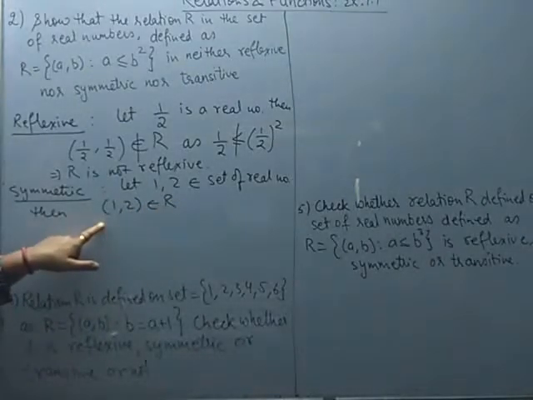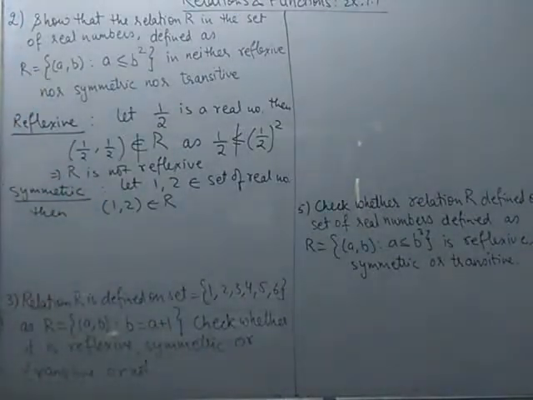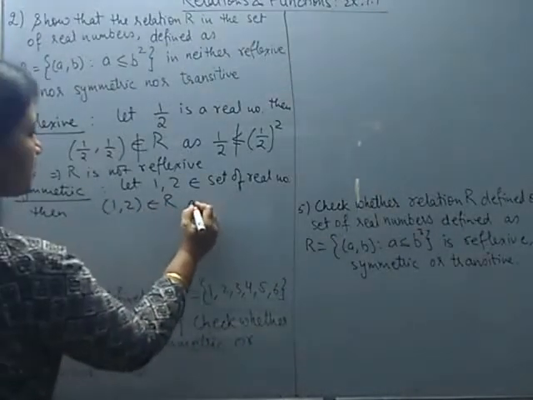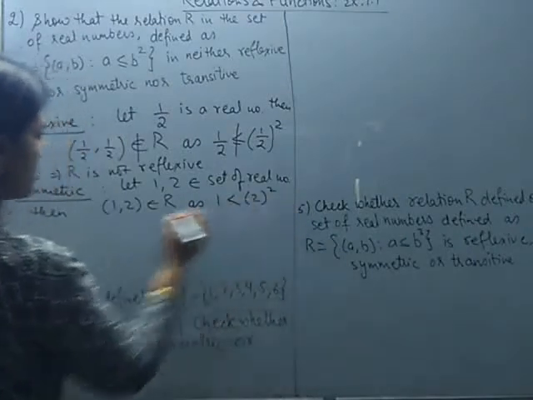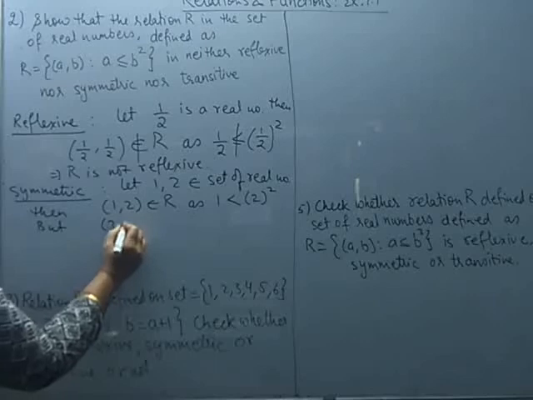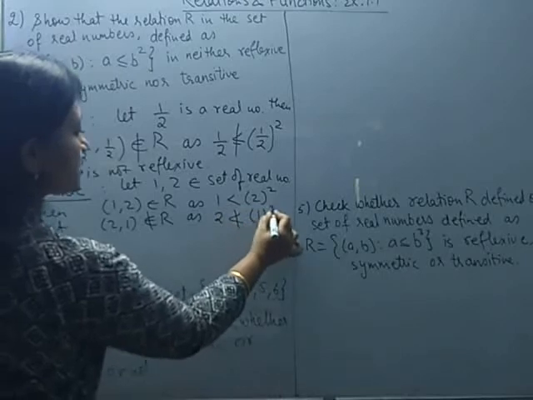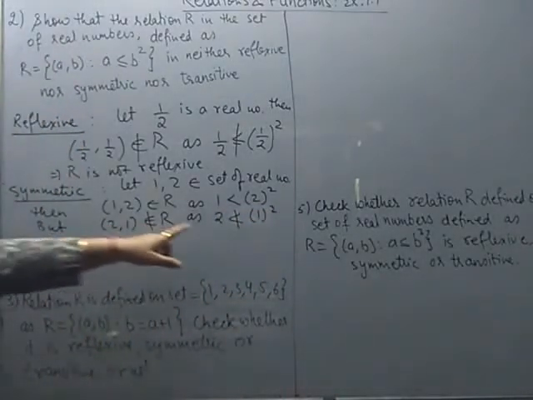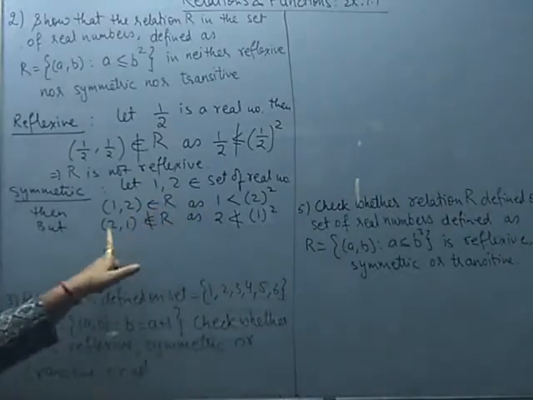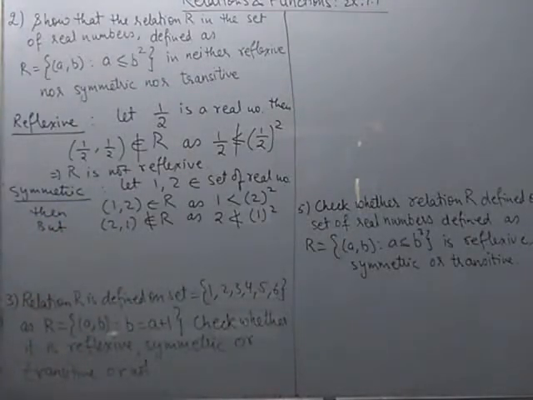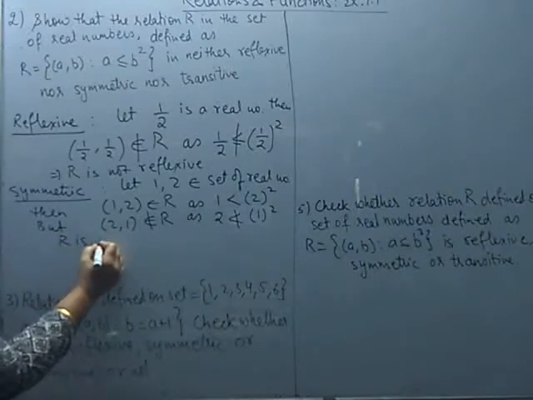Now under this condition where one of the pair is belonging to the relation which satisfies this condition, we need to see if we interchange their position, the newly formed pair will also satisfy or not. Why are we able to say this belongs to R? Because 1 is less than square of 2. But you will find (2, 1) does not belong to R because 2 is not less than square of 1. Okay, so this condition is not met, that the first element is less than or equal to the square of the second. So we could have one such pair which is not satisfying the given condition. So therefore R is not symmetric.